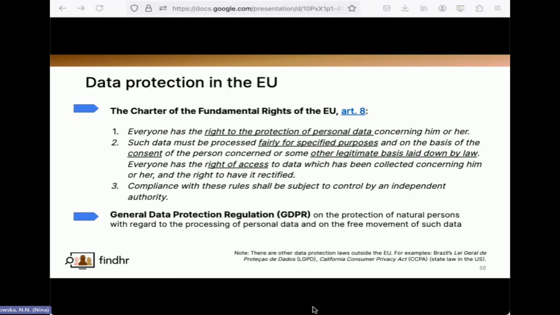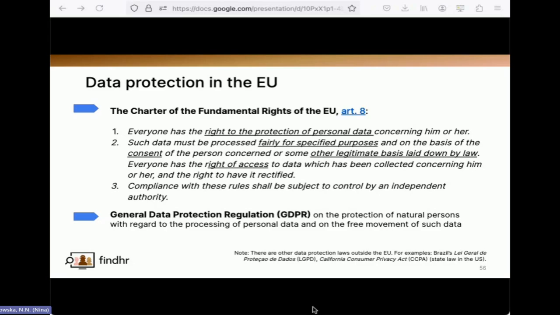So I will concentrate more on the GDPR. GDPR came into force in 2018. It was enacted in 2016, so there were 2 years of waiting time. So it's still kind of a new law. It's not super fresh, and it wasn't designed for the use of data for AI, but it still applies to